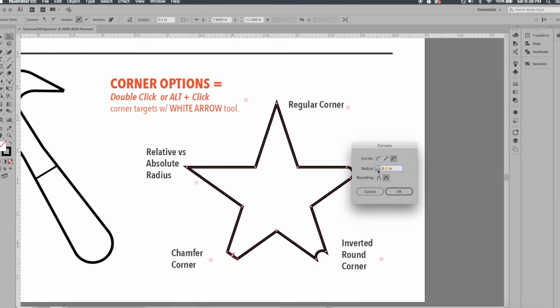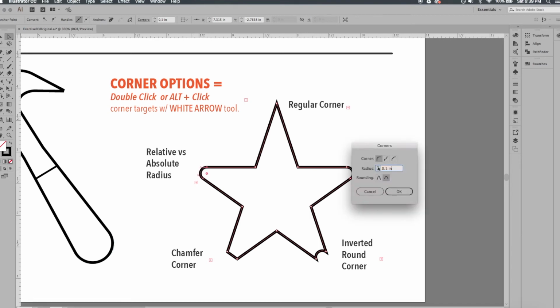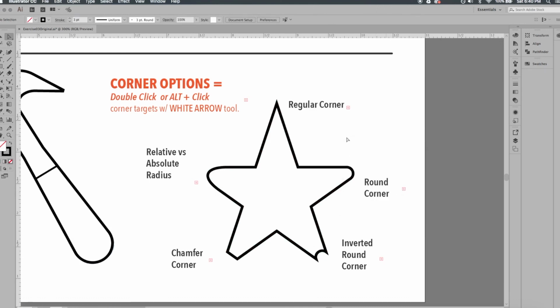So you can see as I go up and down with the radius that chamfer will start to pull all the way in to the shape itself. Click OK. And then finally, let's just explore the relative versus the absolute radius. I'll double click on that and I'll increase the radius. So the absolute is basically applying the 0.2 inches to both sides, but when I choose to do the relative rounding, it's kind of averaging this angle of 0.2 inches from here to here and finding kind of the midpoint. So I'll click OK, and that is how you work with